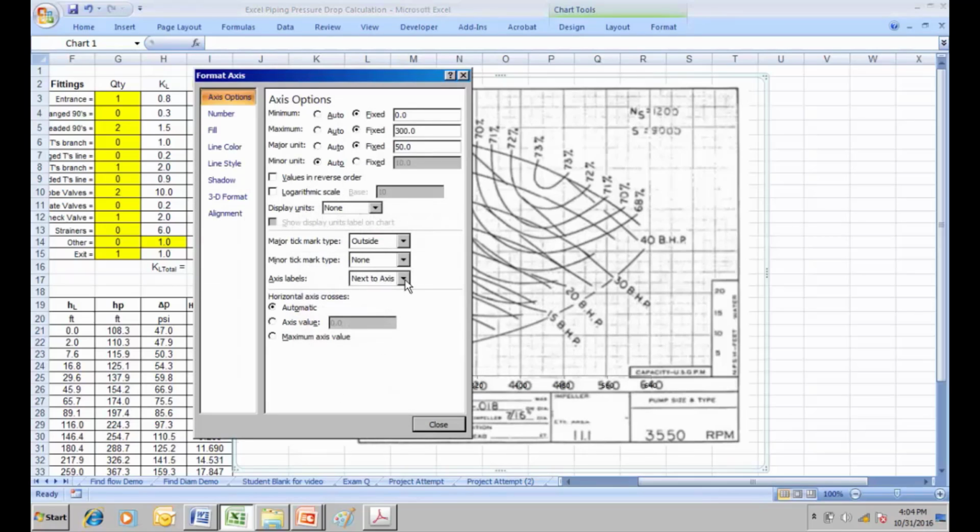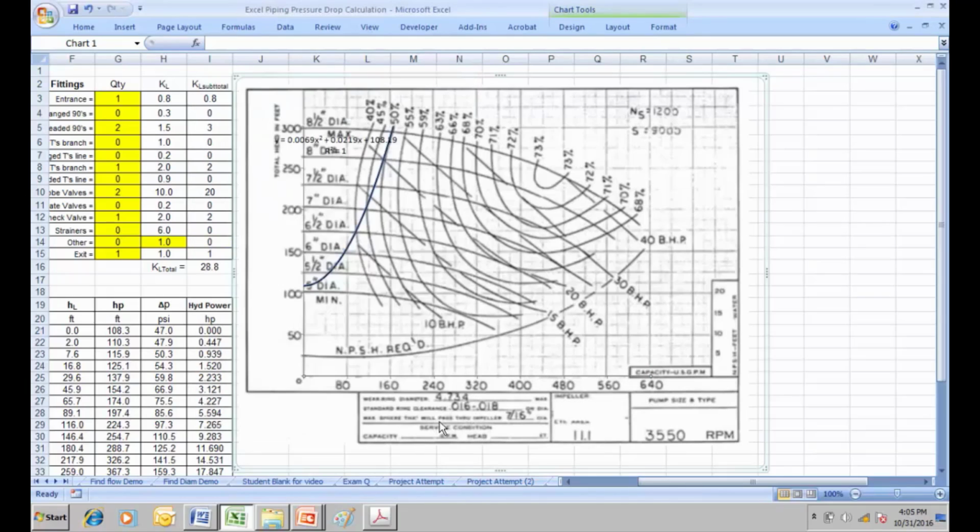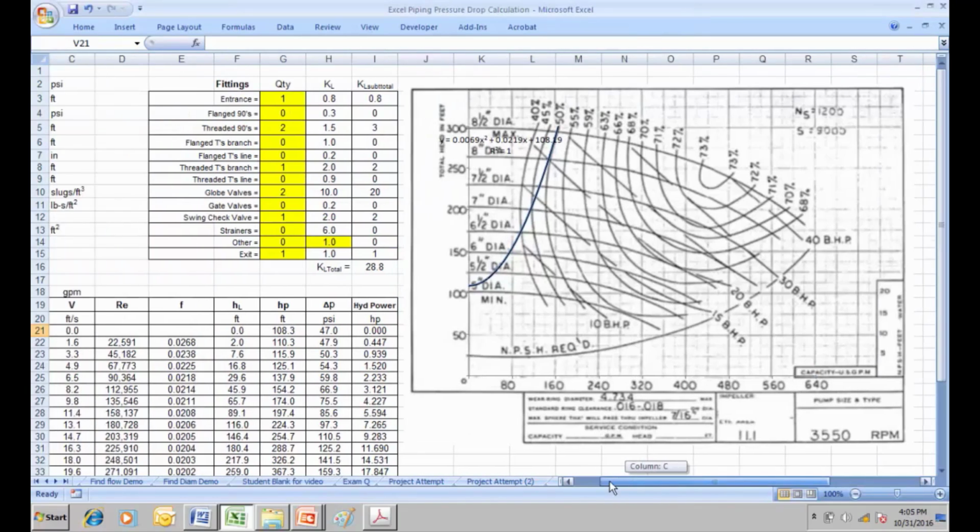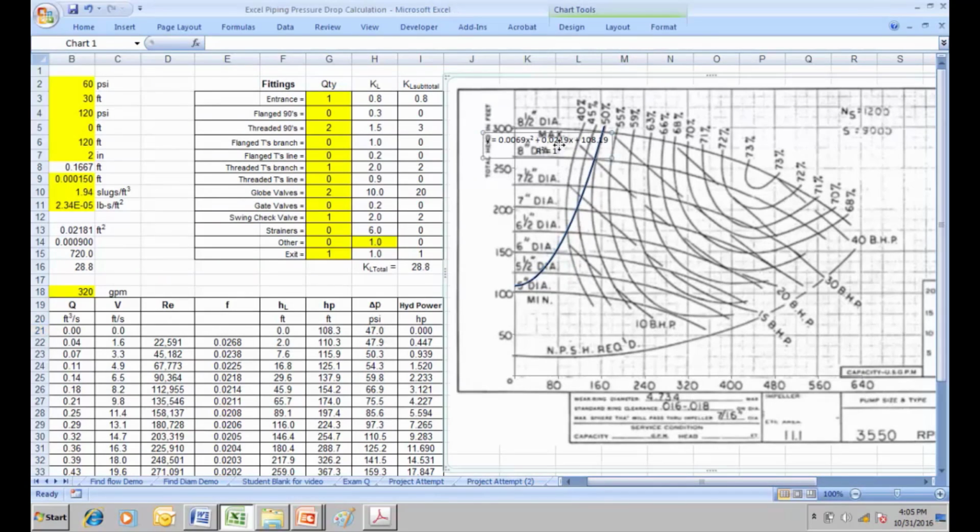They're not actually going to be gone. I'm just going to hide them. So I clicked onto the axis and hit none. I can click onto this x-axis as well and go to where it says axis labels. I go down to none. So now I have my curve superimposed on top of my system curve, superimposed on top of my